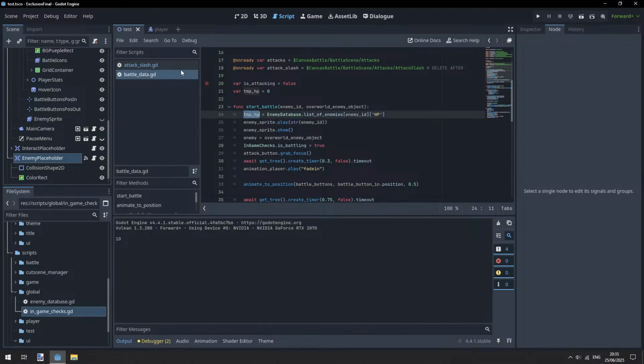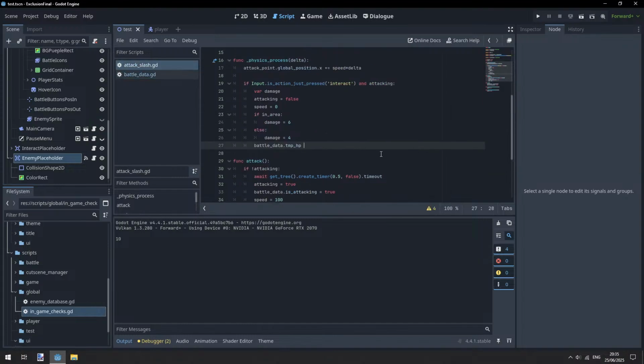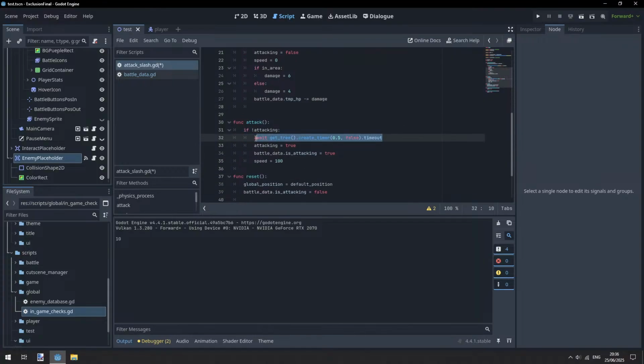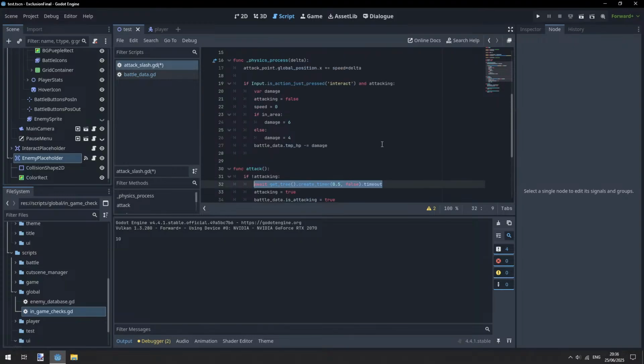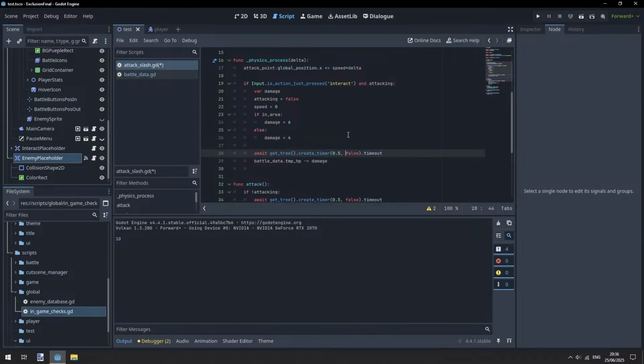Yeah, temp HP. And then we'll do minus equal minus damage. And then we won't do this instantly. We want to wait, because picture this: when the attack lands, you want a little pop up with the damage counter, basically. So you want a brief second for that attack to do its little swipe animation, and then the enemy shakes, and then the pop-up attack damage will appear. And then when that happens,